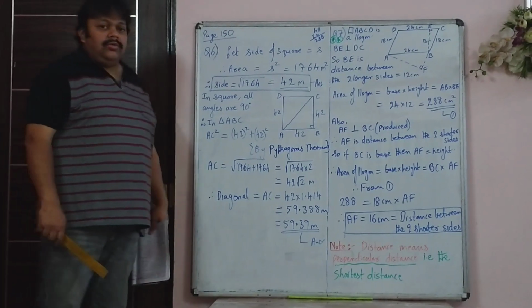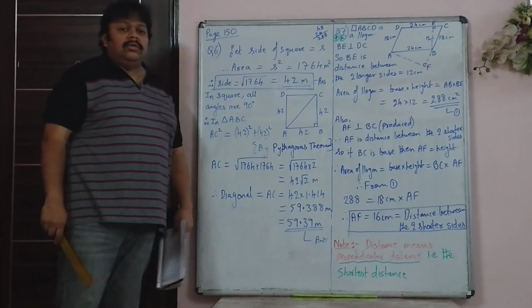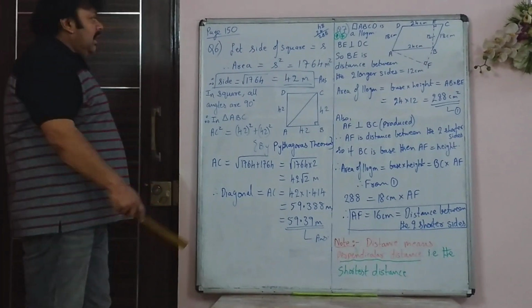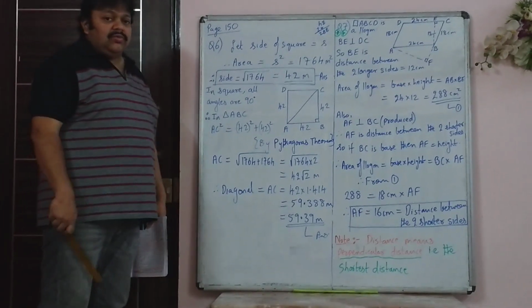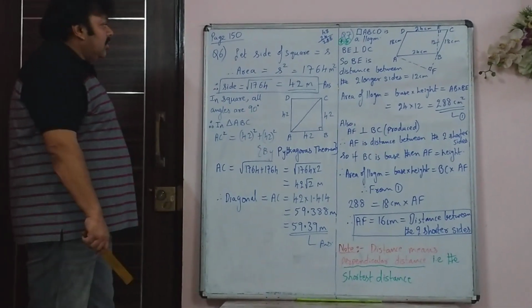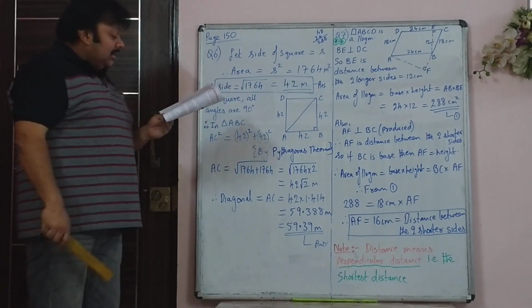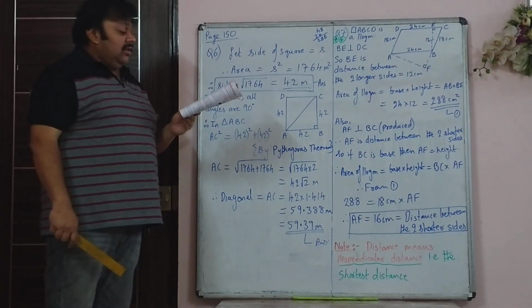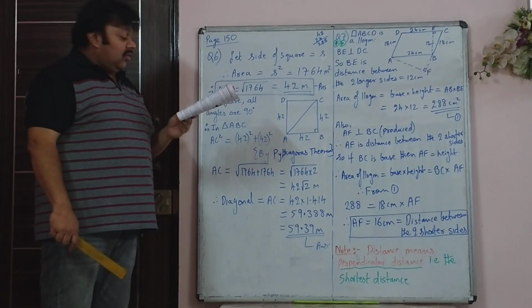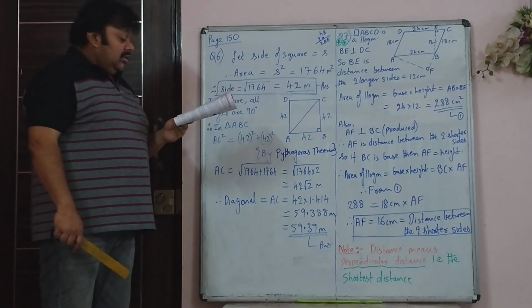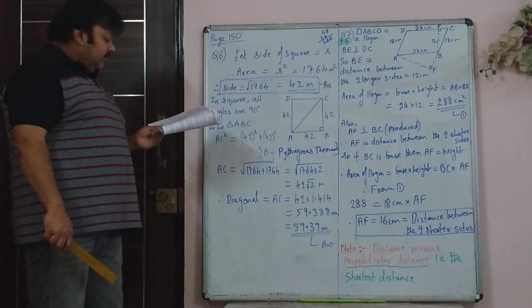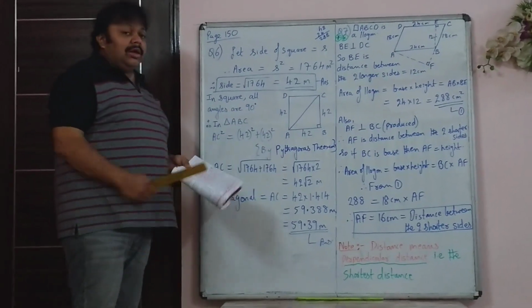We will continue with quadrilaterals, area and perimeter. We had done till sum number 5 of classwork. We will continue with sum number 6 now. Now in the sixth sum, you are given that the area of a square is 1764 meter squared. Find the length of its side and any one diagonal.